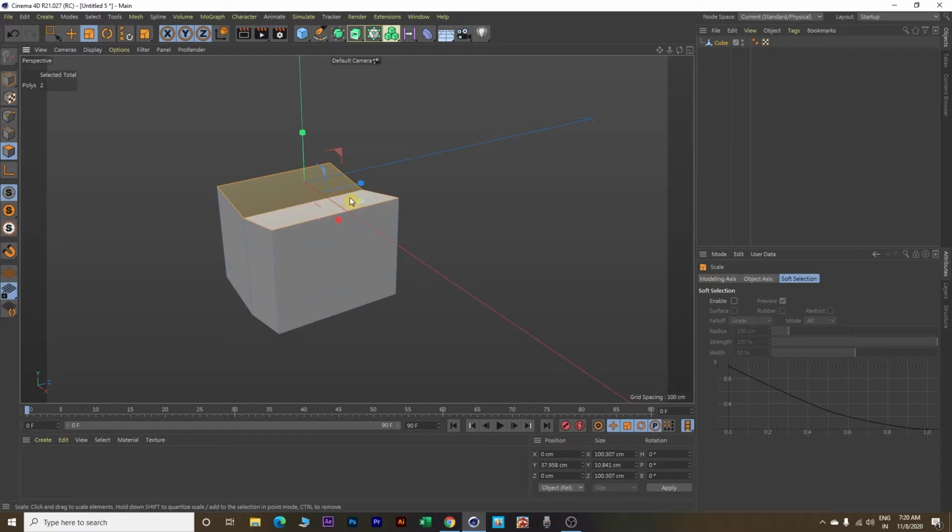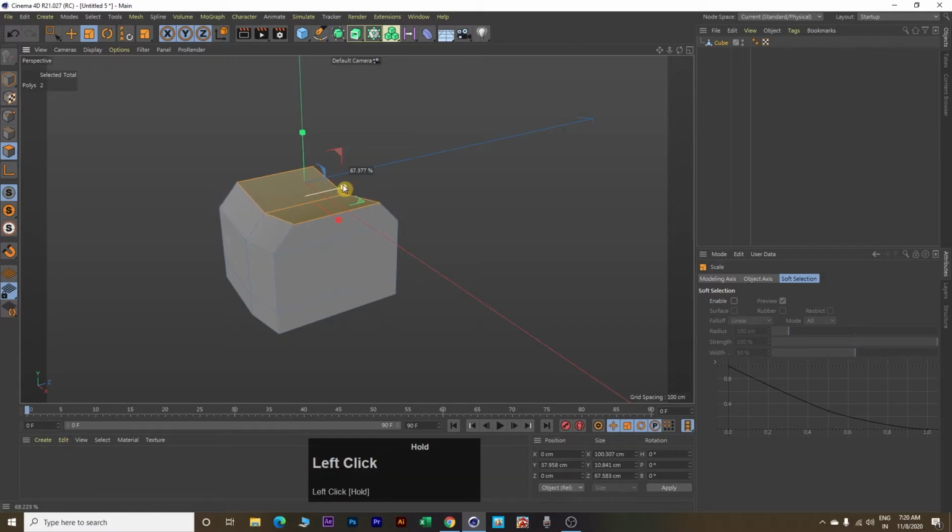Now click and hold the left mouse button on this small blue square here. Click and hold and drag your mouse towards the left. So here we are actually trying to give this cube a shape similar to our banana.